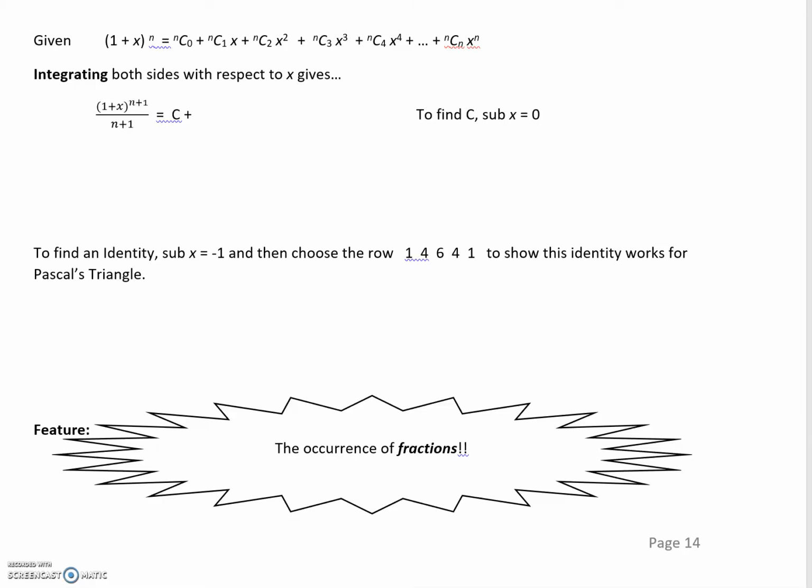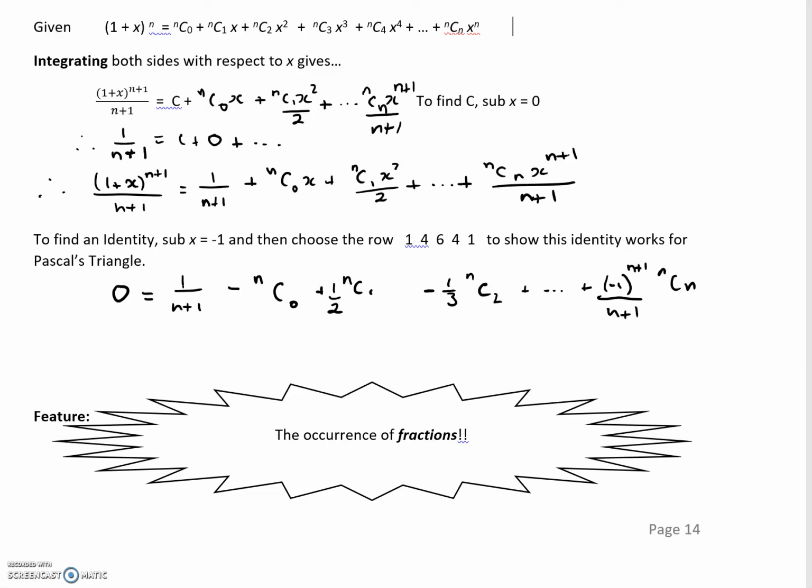Let's now look at taking the binomial and its expansion and integrating both sides with respect to x. So again, I'll just pause the video and complete it and then talk about it. Okay, so as you can see, we are just following the normal integration rules where we're going to add 1 to the index for x and divide by the new index. So we will get